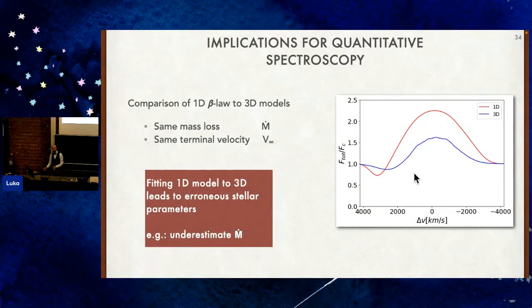Well, let's do a small experiment. Take a line computed using this 3D model and compute a synthetic line for an outflow which carries the same amount of mass but is smooth and follows the so-called beta velocity law. Then what you can see is that those two look very different. Now, if I assume that this 3D model gives something that is of a real star, or this is an actual observation, and I will try to